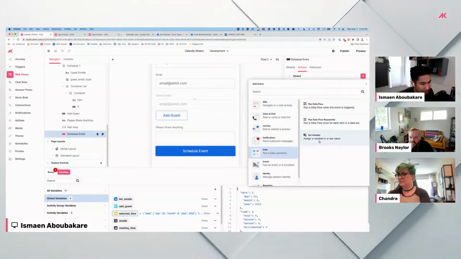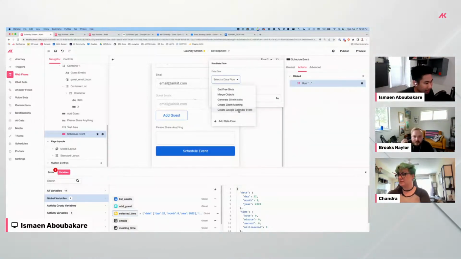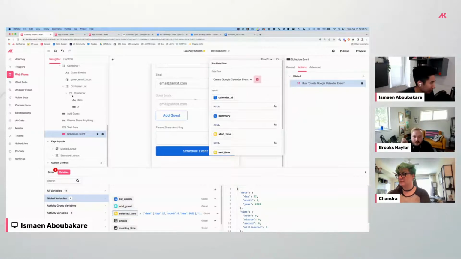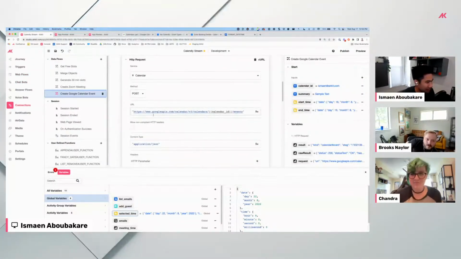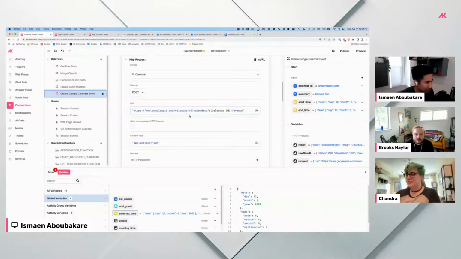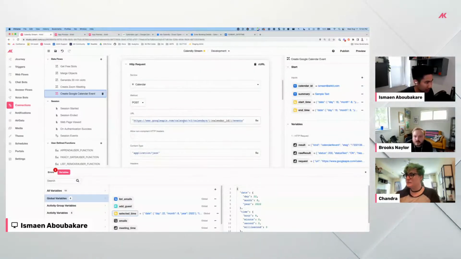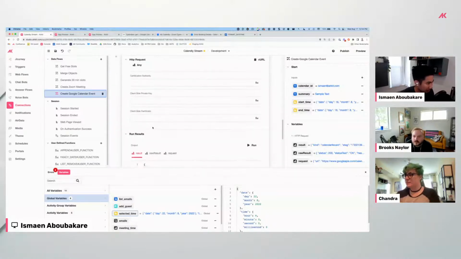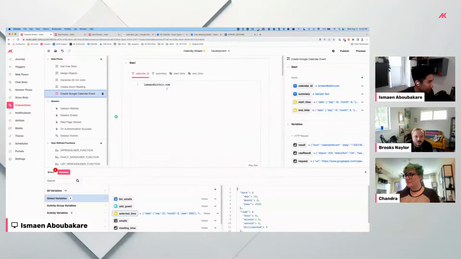Here, run the data flow. And, oh, I already created one. This data flow, all it does is it creates an event based off of what you pass in. So you can see here, this is the API. We're just passing in using the events API, creating a post. And so the start time is going to be,